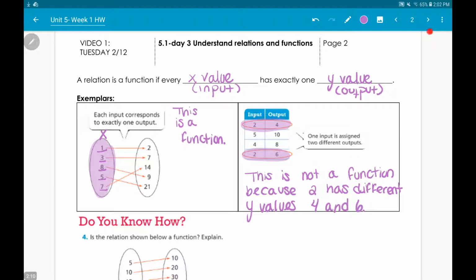Okay, and I'm sorry, I forgot to write my explanation for the first exemplar. This is a function because every x